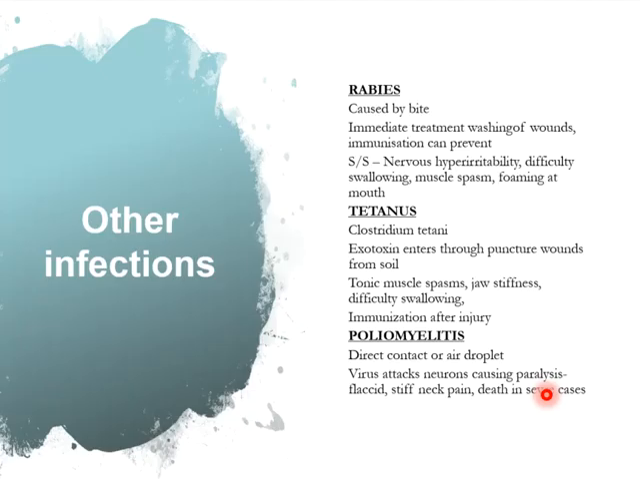What are the other infections? The rabies. Remember, rabies is caused by a bite of infected animals. There can be immediate treatment. Whenever you are bitten by an animal, the first thing you do is wash the wound, because the rabies virus particles might be only on the surface. It might not have entered your blood circulation. So the first thing that you do is wash the wound off very clearly. Immunization